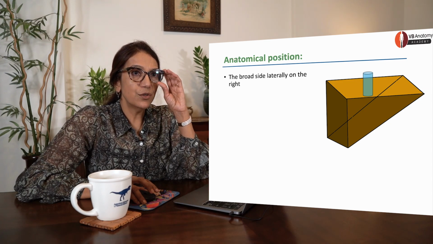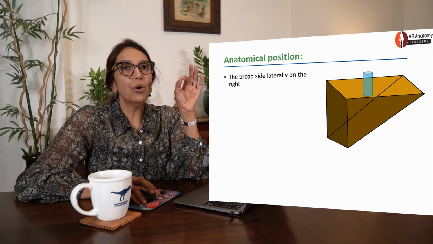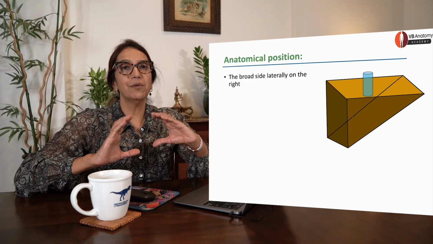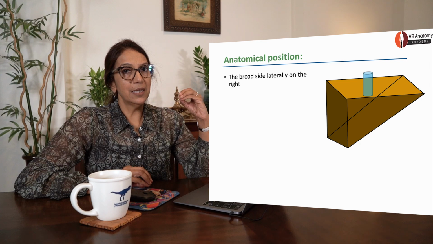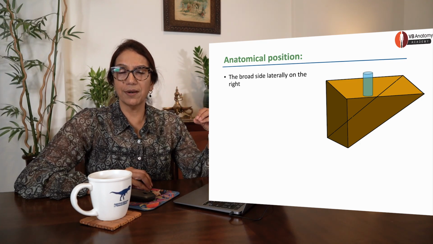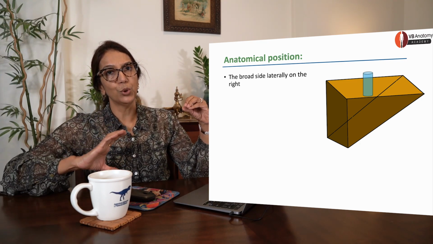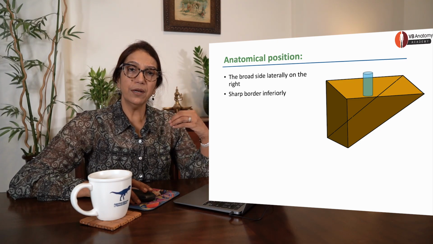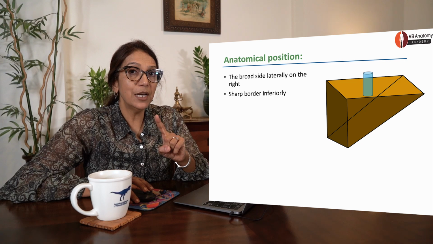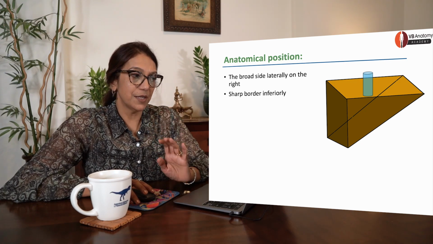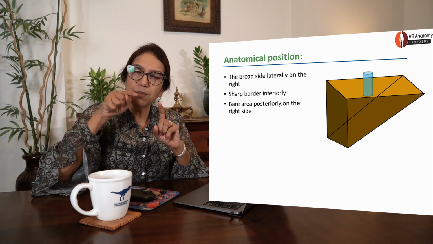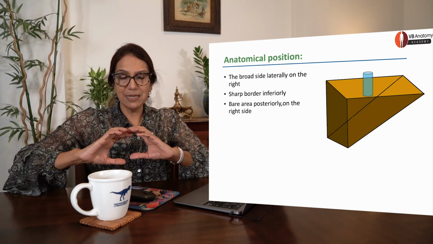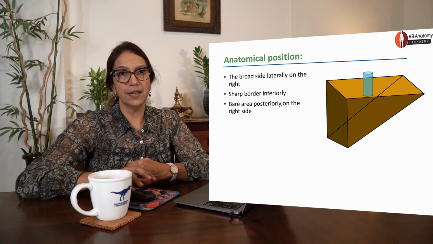First question that is asked you many times in the exam, place the organ in its normal anatomical position. Now imagine that you picked up the wedge-shaped liver. Remember, the smaller end of the liver should come on the left, the larger part of it should come on the right, okay? Now, the sharp border should be placed inferiorly. Remember I told you, sharpest border is the inferior border. There's a small triangular area of liver which is bare. Of course, we'll be discussing it. Place the bare area on the right and posteriorly, and now.